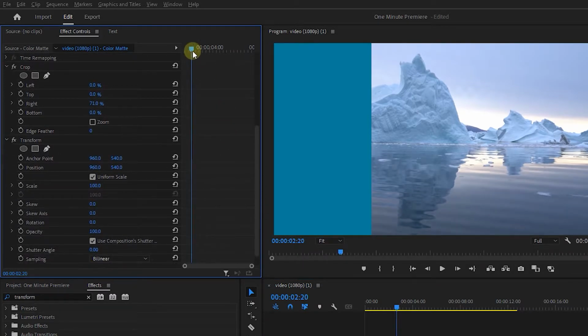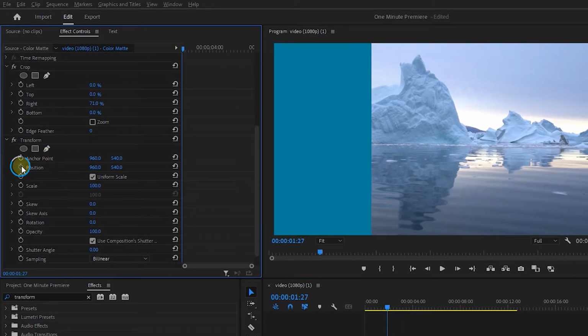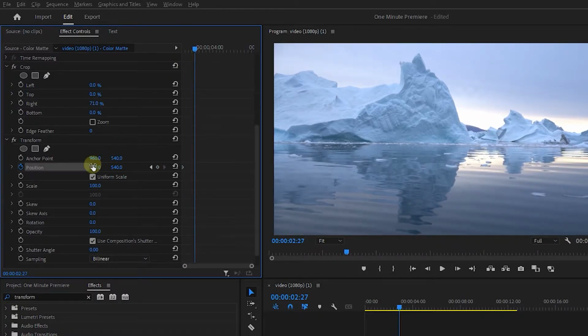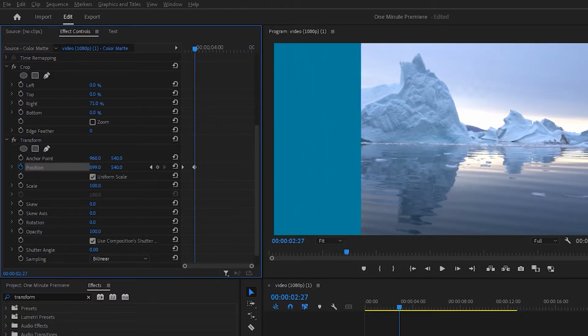Move the playhead to the start, click on the stopwatch next to Position, and decrease Position First value until the sidebar is out of the screen to create a starting keyframe. Move the playhead a little forward and increase Position First value until the sidebar is visible on the screen to